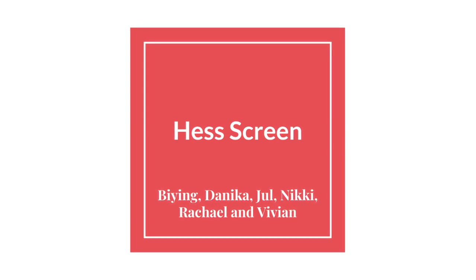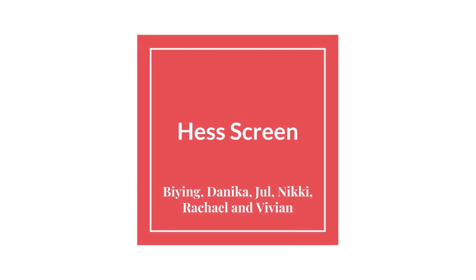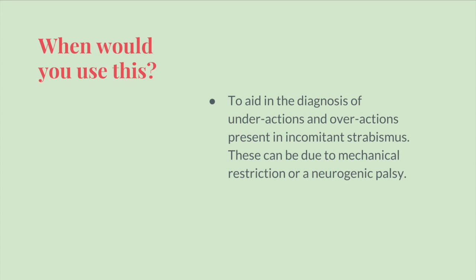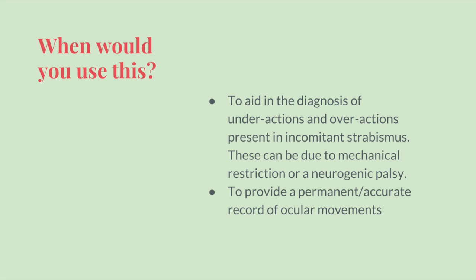This is a short, informative video on how to perform the Hess screen test. The indications of use for the Hess screen chart are to aid in the diagnosis of underactions and overactions present in incomitant strabismus. These can be due to mechanical restrictions or a neurogenic palsy. The Hess screen provides a permanent and accurate record of ocular movements that can be compared with subsequent visits